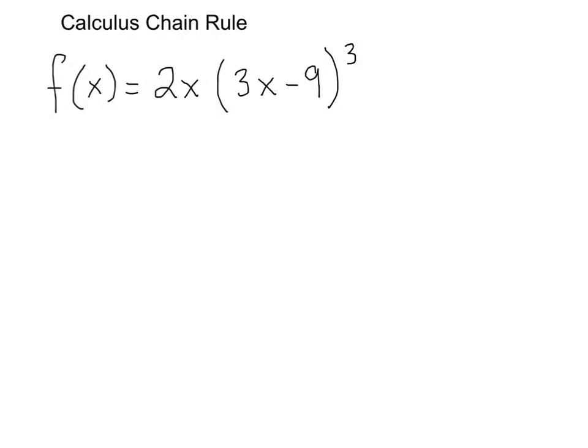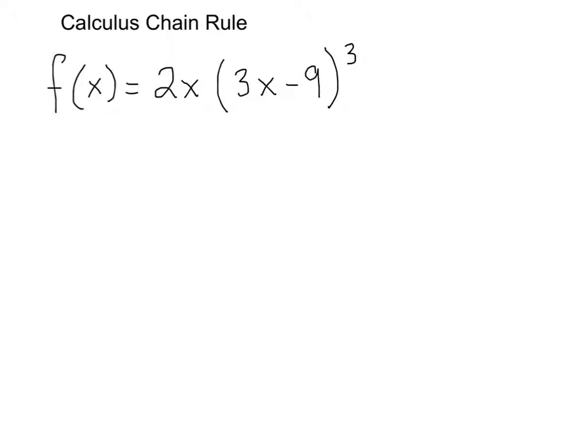So here's another example of the chain rule, but let's talk about this problem. In this problem, the number in front of the parentheses is not just a number, it's a term. And so if you look, I've got a term here, and then all this is its own separate term. So you've got two things being multiplied. And so in this problem, you're not just going to be able to multiply the 3 times the 2x and move on. Okay? So this is a term, and this is a term, and so I have to use the